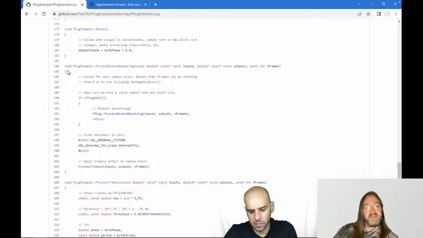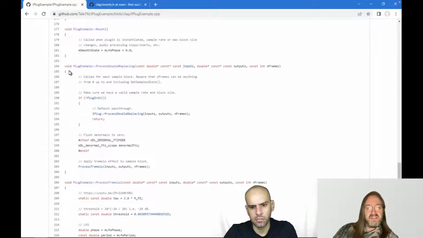And I think it's probably also more efficient because now it can use the output of the previous effect, use that pointer as inputs, and a new pointer as outputs, and then just probably swap them around every other effect or something.